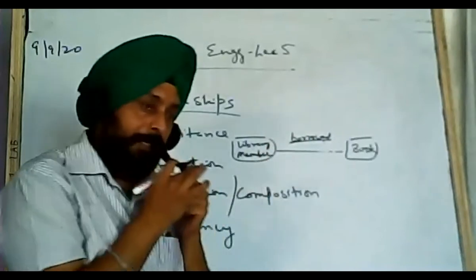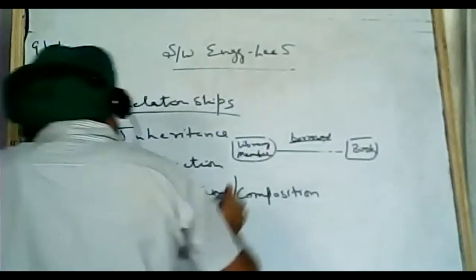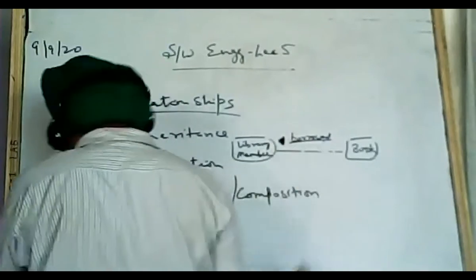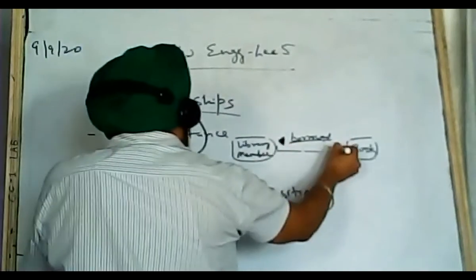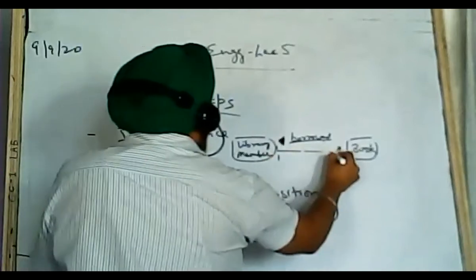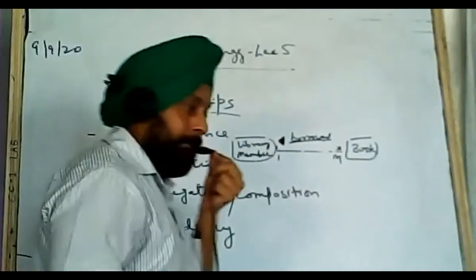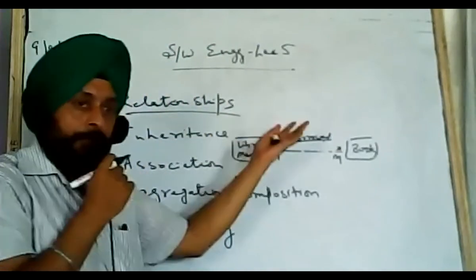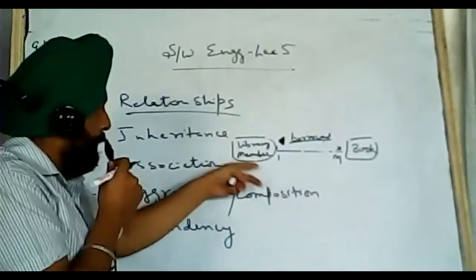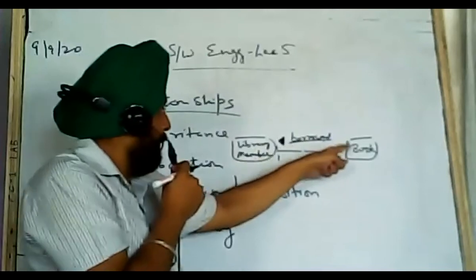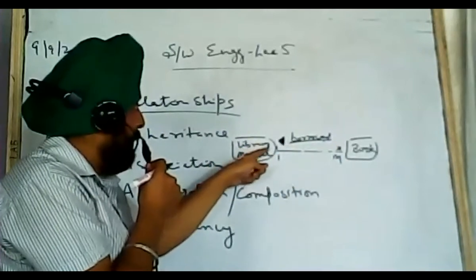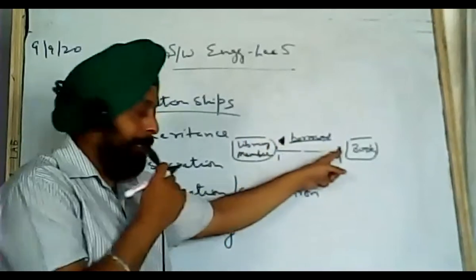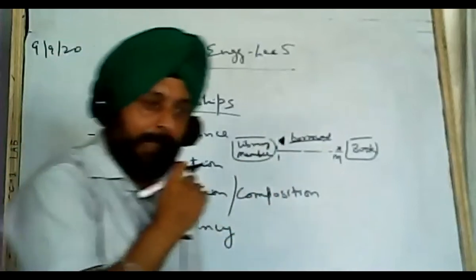There are different types of notations for one and many. An arrow is also used to show the relation, and sometimes a one and a star are written, or one and m, which shows that the relation is one-to-one or one-to-many. This will also be studied in database management systems. Here it is also marked how they are related. One library member can borrow many books, so it is a one-to-many relation.